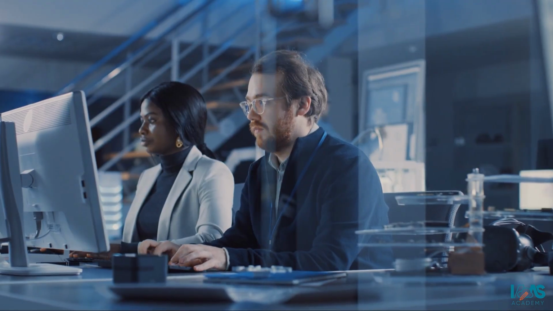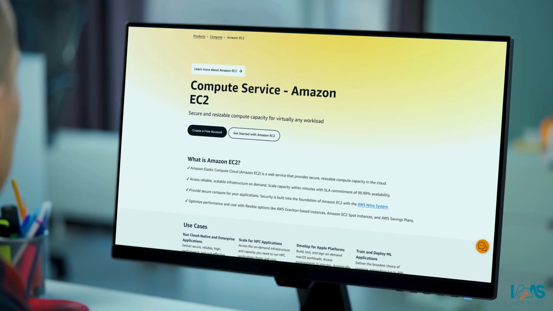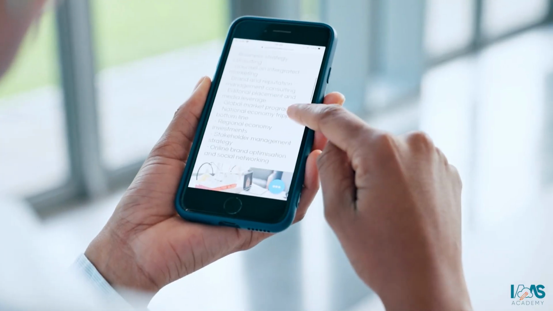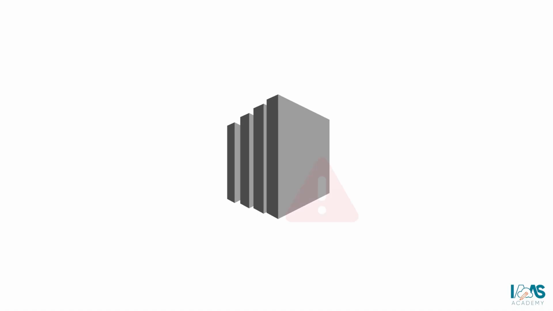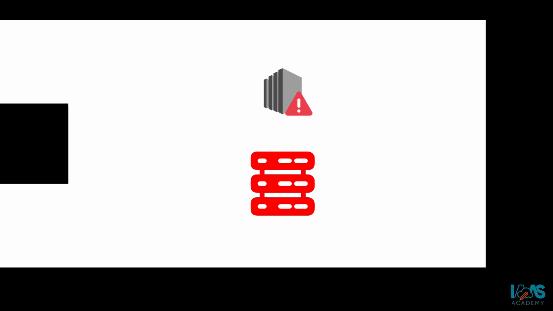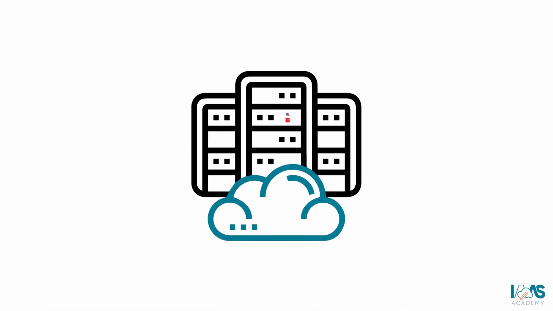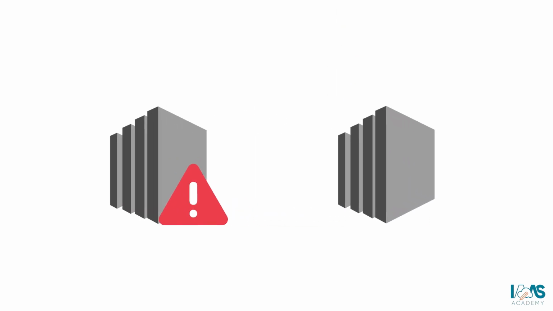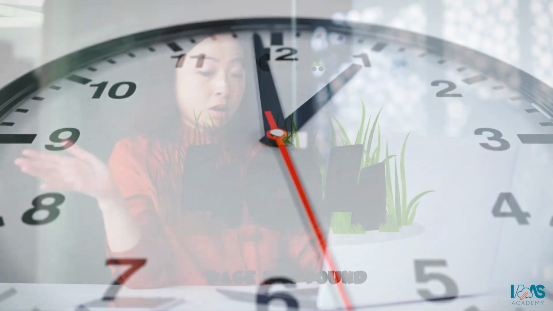Imagine you've just deployed an application on an EC2 instance, and your customers are actively engaging with your website. Suddenly, the instance fails due to an issue with the underlying host machine in one of AWS's data centers. What do you do? Sure, you could deploy another instance, but your customers will still experience an outage even if it's just